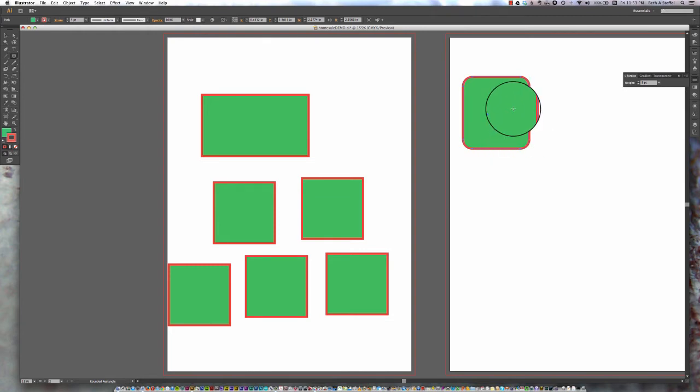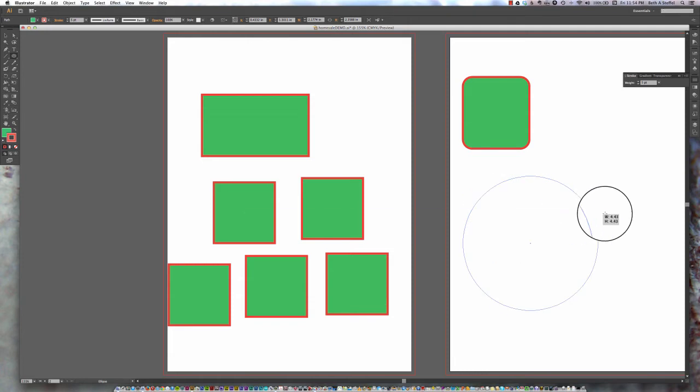Alright, so we've drawn a rounded rectangle and a regular rectangle. Now we're going to draw an ellipse. So I'm going to go back to my shape tools, go to the ellipse tool, and draw out another ellipse. And something that's interesting to know about this that also applies to the other shapes is if you hold down the shift key, it will actually constrain your proportions. So it will keep that width and height the same,